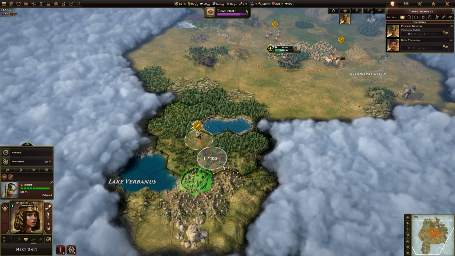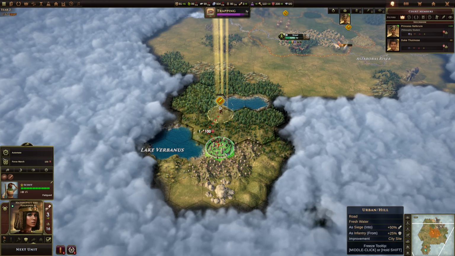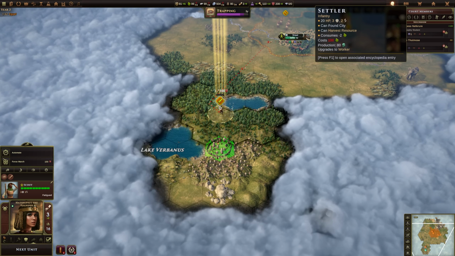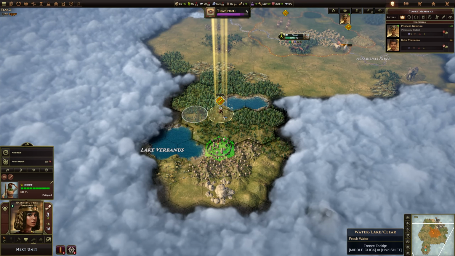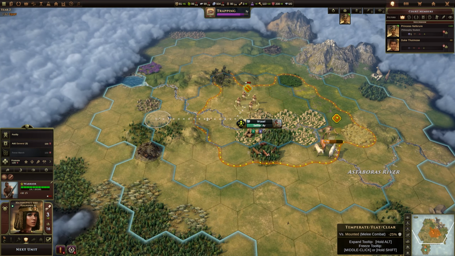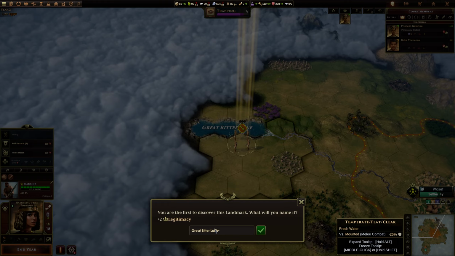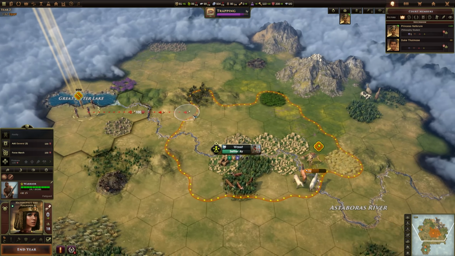Takes a little while to get down to some of these spots, but yeah, we're going to want to start a second city as soon as possible. We do have a settler coming from this city. Let's just have a little look around with our warrior. See, that was worthwhile because we found a lake. Always good to get some additional...